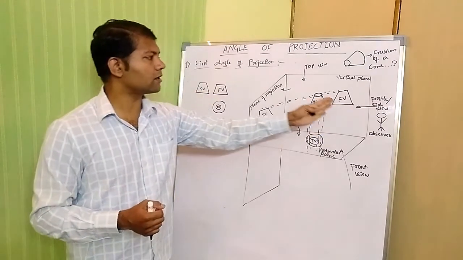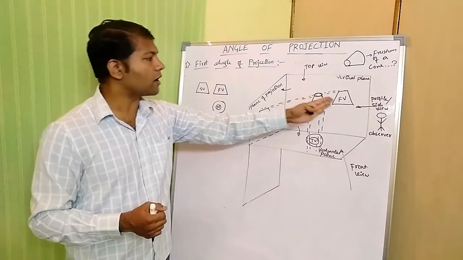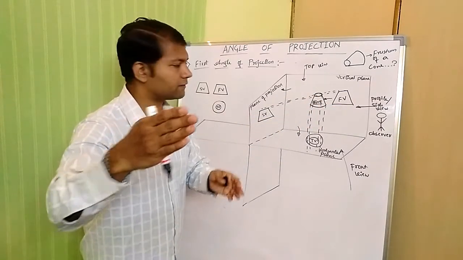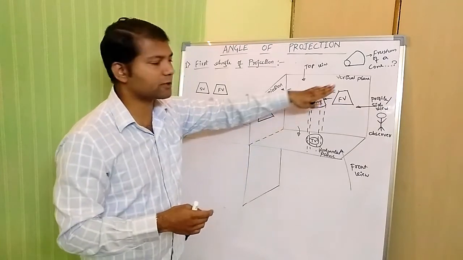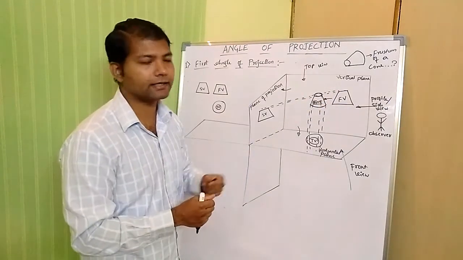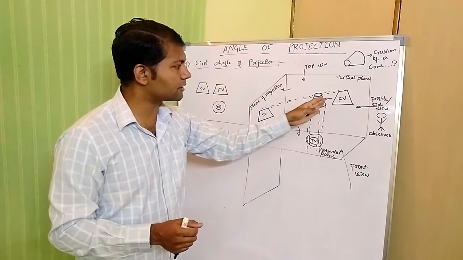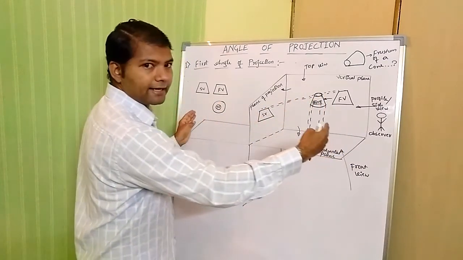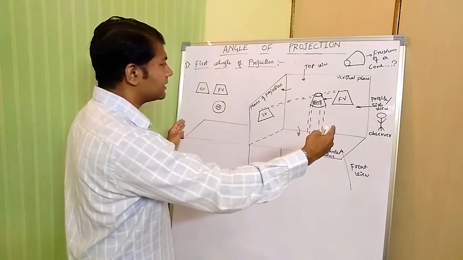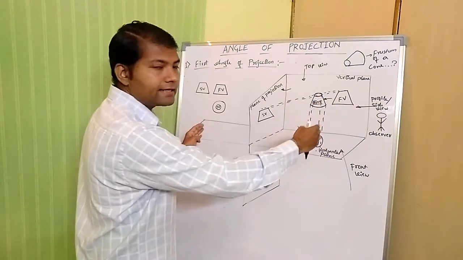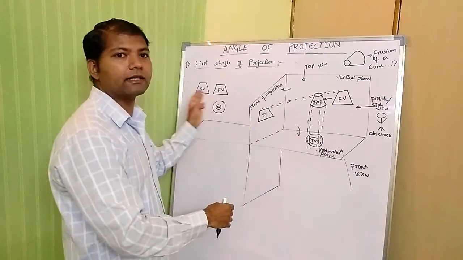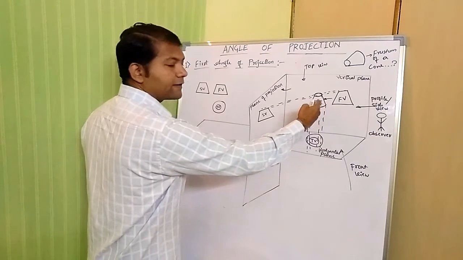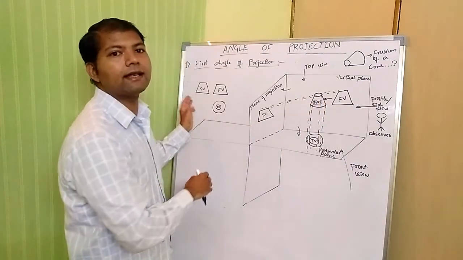The observer looking at the object from the other side, what he can see, this face he can see. However, you have viewed the object from the front view, the front face is projected on a vertical plane, that is the front view you have taken. Similarly, he is looking at the object from the other side, this face he can observe. So, if you take here the right hand side of the face, it is projected on a plane of projection, and the position is on the left hand side. So the right side face is projected towards the left side.